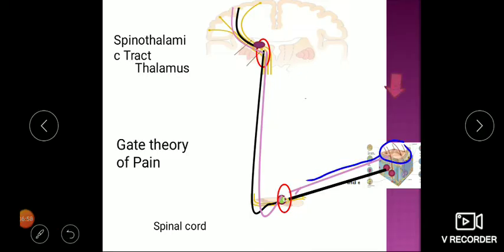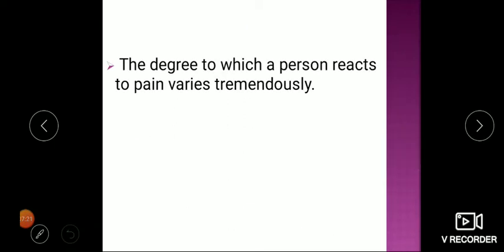So see what happens when you stimulate this area by whatever mechanical rubbing or counter irritant, this will lead to impulse passing from here, and they will give presynaptic inhibition and they will block. So this gate gets activated. So this is one of the mechanisms of control of pain called the gate theory of pain. Now apart from this, this is the one mode.